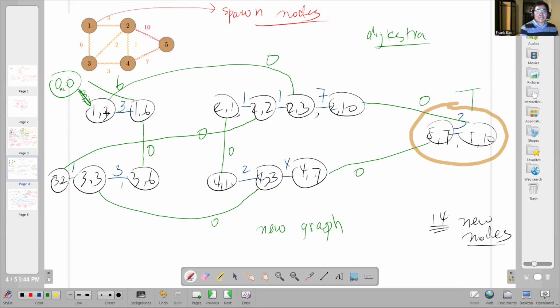Okay, so the new graph, so you can just use the standard diagram from here to here. Whenever you reach here, you stop. Everybody understand this? Everybody, do you understand this? The idea is spawn the nodes. Spawn the nodes,